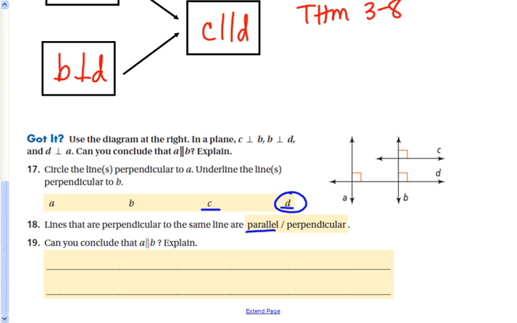So yes, we can conclude A is parallel to B,